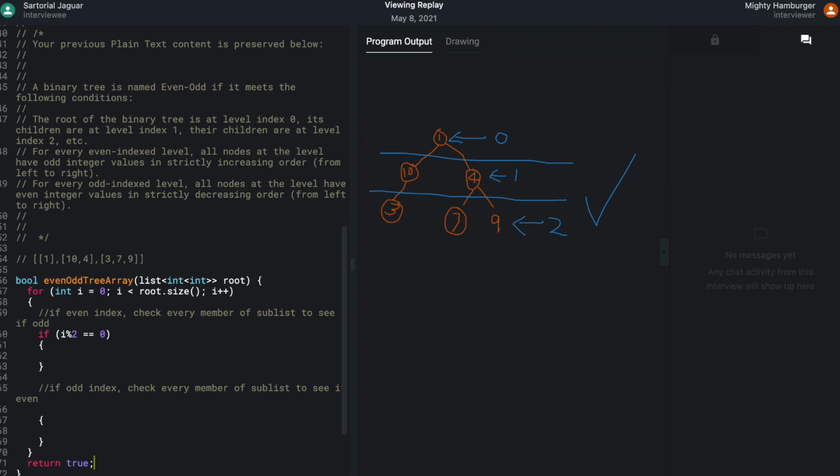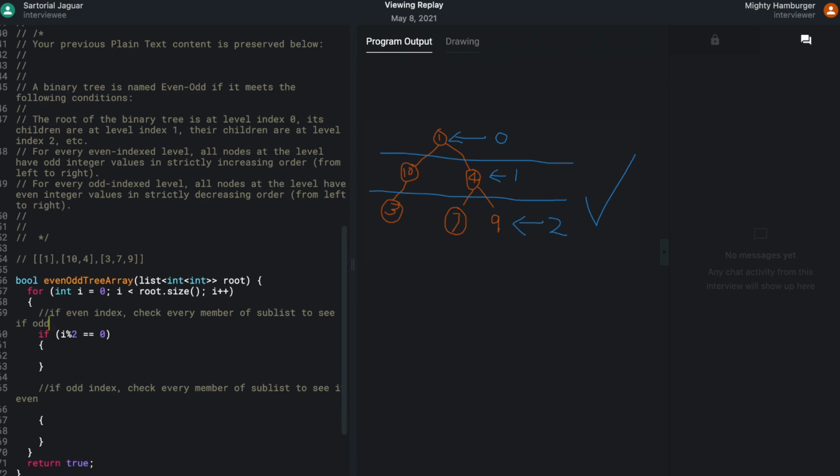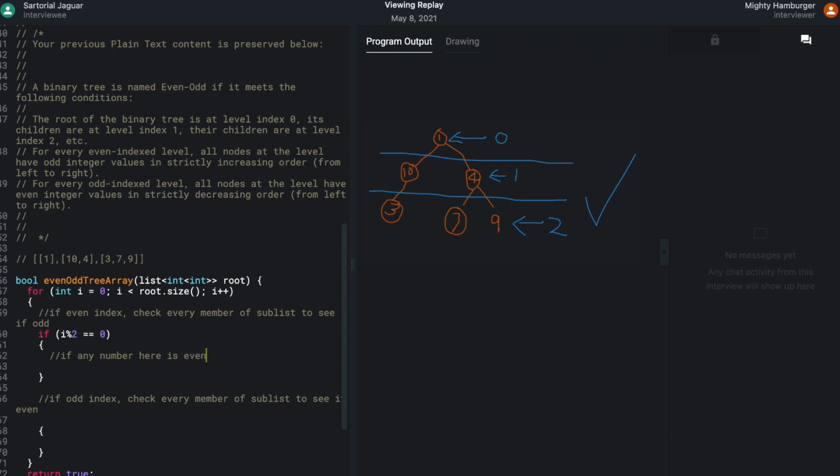However, if any member, if it is even, I'm going to put this inside the if case. If any number here is even, return false.